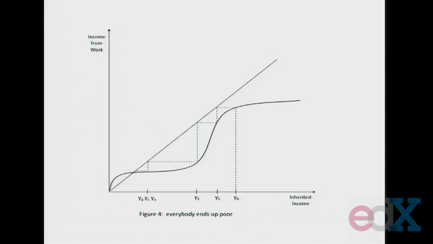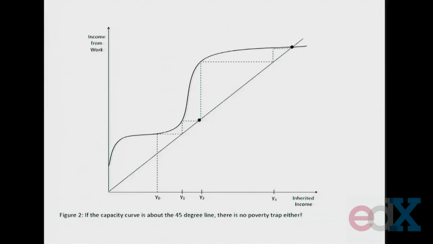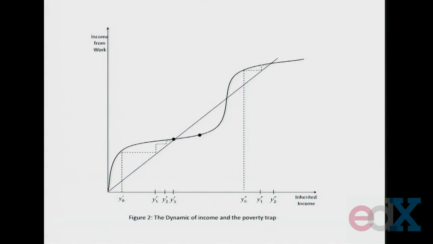Yes. Can you tell me your name? Zachary. It crosses the 45-degree line twice. Exactly. Well, twice or 3 times. It crosses the 45-degree line once from below. So the